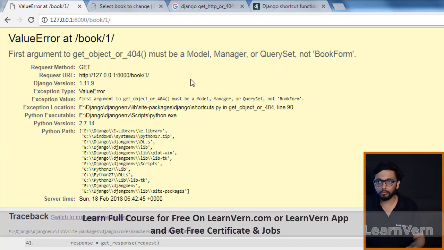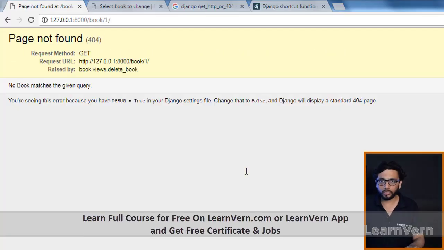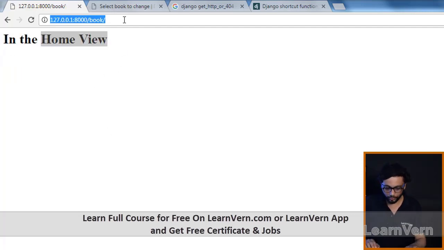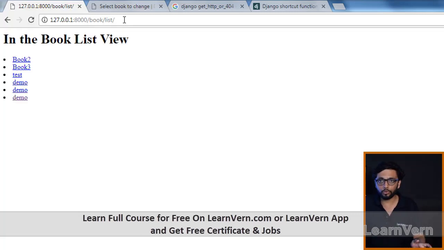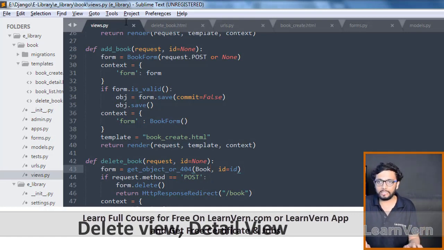Okay, query set must be a model. So we have to pass the book over here, not a book form. So again, list view, whenever we go to the delete, yes, okay. If we put yes, okay, in the home view, so we'll be back to the home view. If we want to go to the yes, here the book is deleted, and okay, so if I want to differentiate delete view and detail view, then